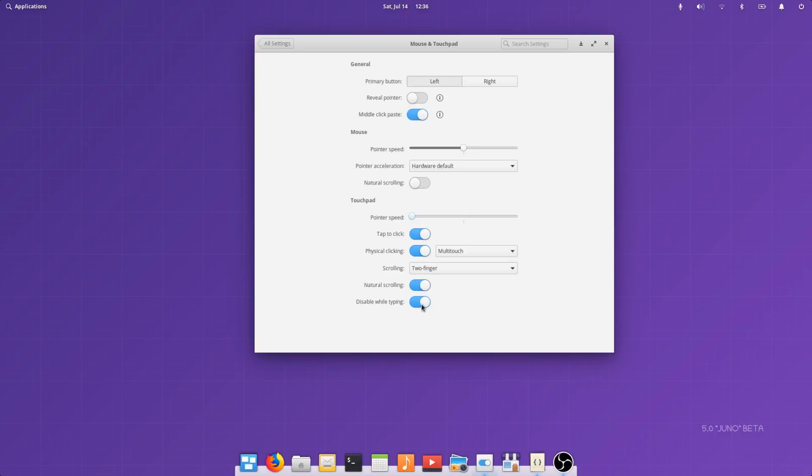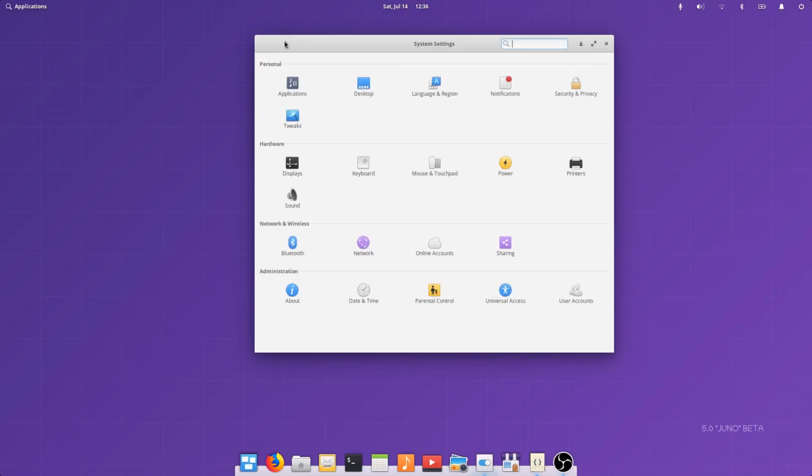The disable while typing sort of works, sort of not. The delay when it disables is very, very short. So if you pause for a second and your thumb's on it, it'll move the mouse and click somewhere else. But anyways, touchpad problems. Not everybody uses a laptop. Power,